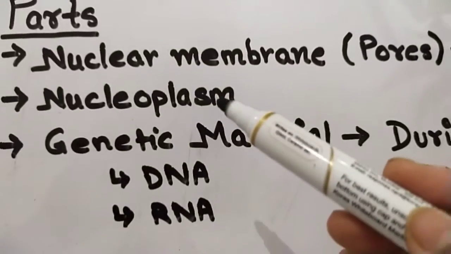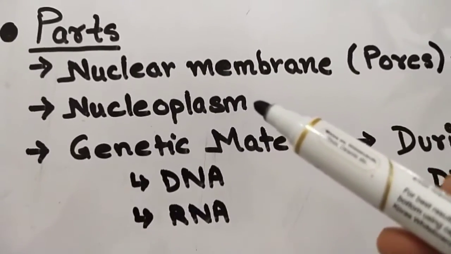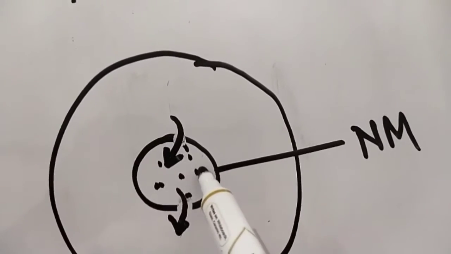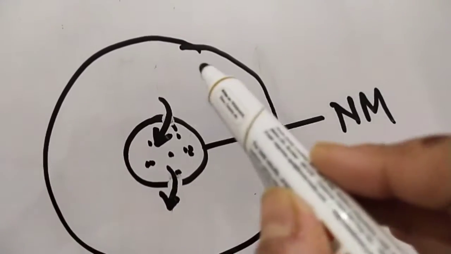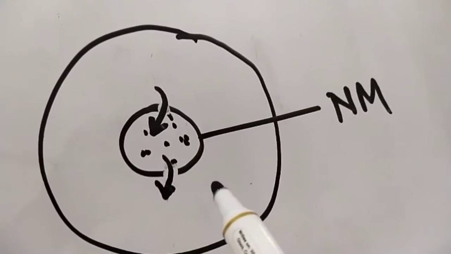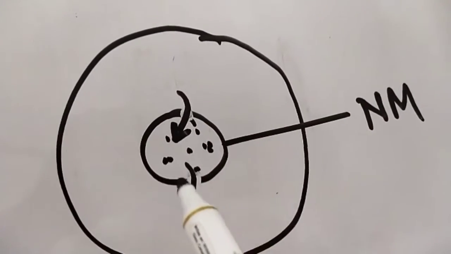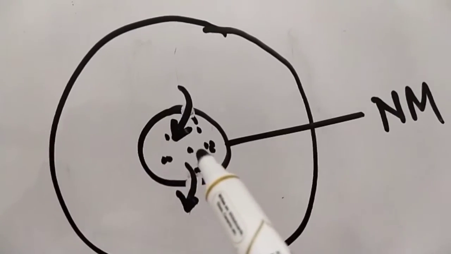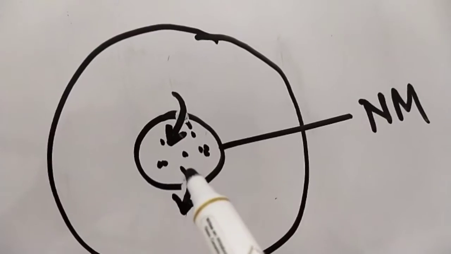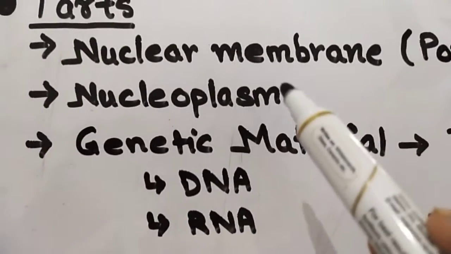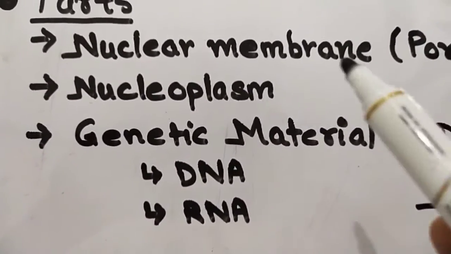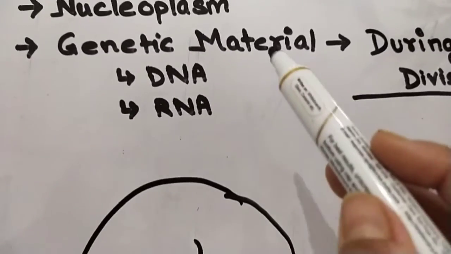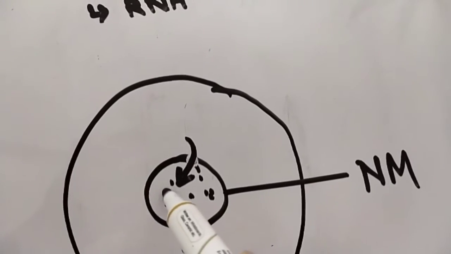The second thing is the nucleoplasm. Nucleoplasm is the fluid present inside the nucleus. Like inside the cell we had fluid, which we called cytoplasm, the fluid that is bound by the nuclear membrane, present inside the nuclear membrane, we will call the nucleoplasm. Cytoplasm, similarly nucleoplasm. And the third material is the genetic material that will be present inside the